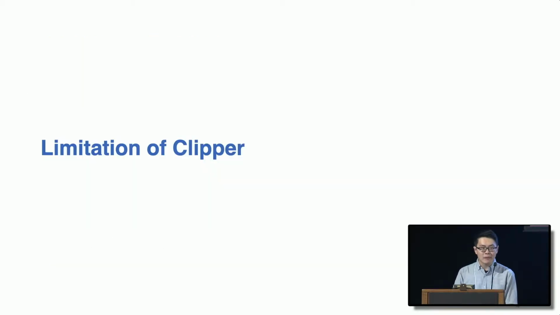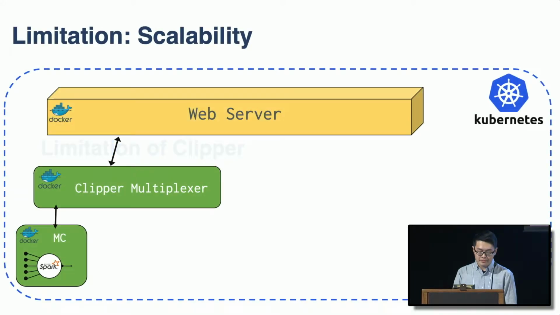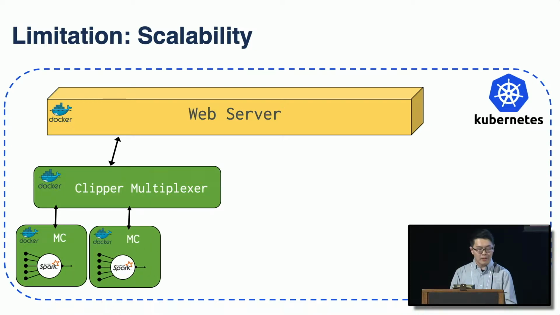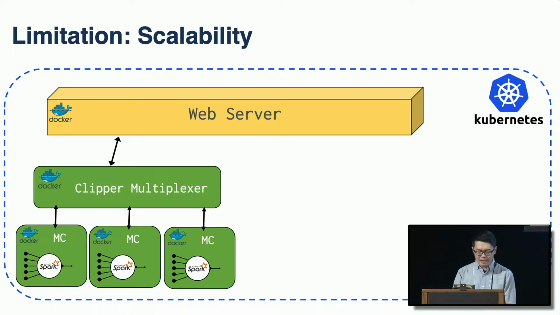However, in this talk, I want to mainly address some limitations we found developing Clipper and deploying Clipper in production. One of the limitations is the scalability of Clipper. Clipper, the system as a whole, has two parts. It has a multiplexer which routes queries from the HTTP endpoint to different model containers. When we start to get more traffic, Clipper is able to scale the model one by one, adding more replicas. However, the Clipper multiplexer itself only runs on a single machine, even though all these models can run on separate machines.